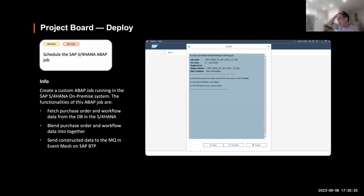Okay, so now if you guys still remember, the purchase order approver will receive the notification card after the purchase order is created in your SAP S4HANA system. Behind the scenes is an ABAP job. There's a custom ABAP job running in your S4HANA instance that will be triggered automatically. This ABAP job will fetch the purchase order data and also the workflow data, blending these two together, encapsulated into the message that's going to be sent to the message queue in the event mesh service instance hosted on